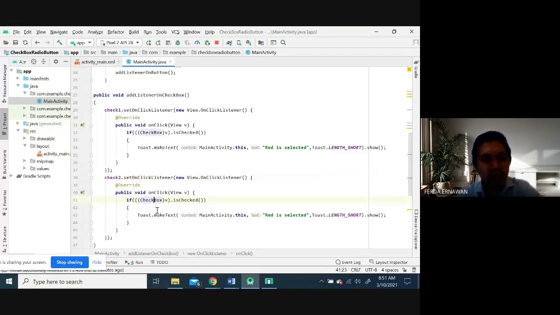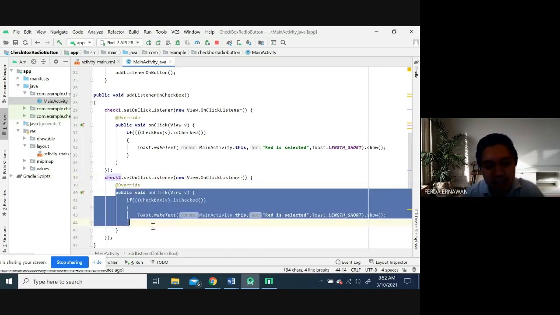So here still checkbox because checkbox is the component type. This is the declaration, the standard declaration, the syntax that we follow. But here, this one is inside. So we already mentioned that check 2 we set on click listener.